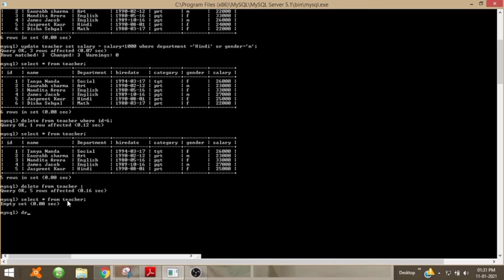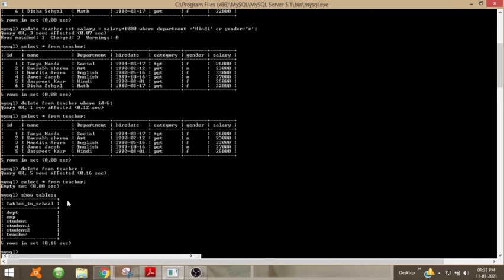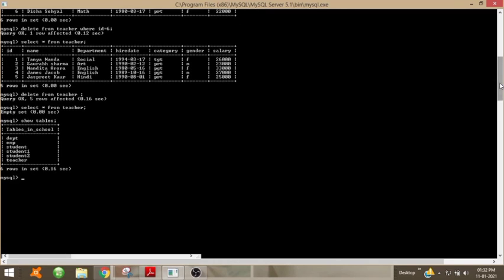So let us see. Show tables. What is the use of show tables? Show tables will list which tables are present in our database. So in our database, this teacher table is there. This teacher table is present in our database even though it is an empty set, that is, no rows are present. Now if, instead of delete, I write drop,